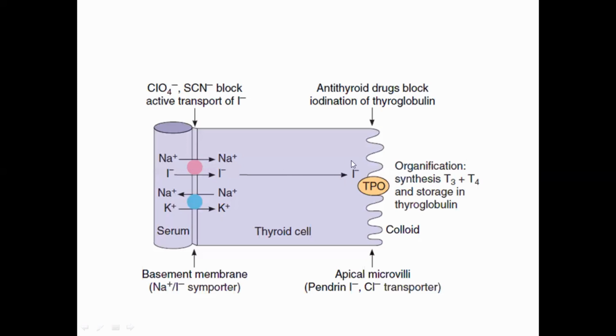And towards the follicular lumen, this iodine is transferred via the pendrin. These pendrins are present on the apical membrane, which is responsible for the transport of iodide to the follicular lumen. And this apical membrane of the thyroid cell also contains an enzyme called thyroperoxidase, and this thyroperoxidase enzyme is responsible for the